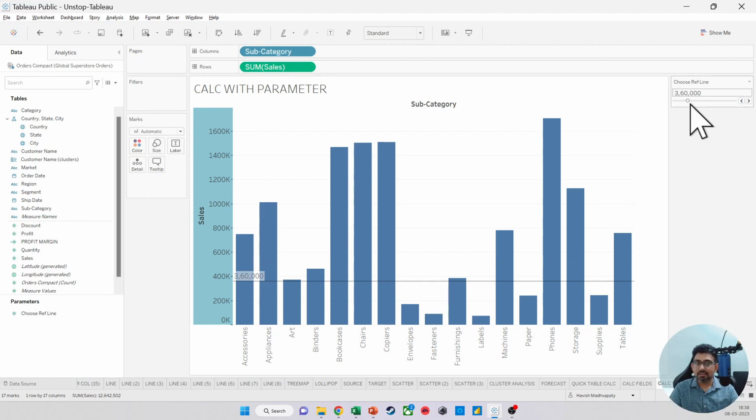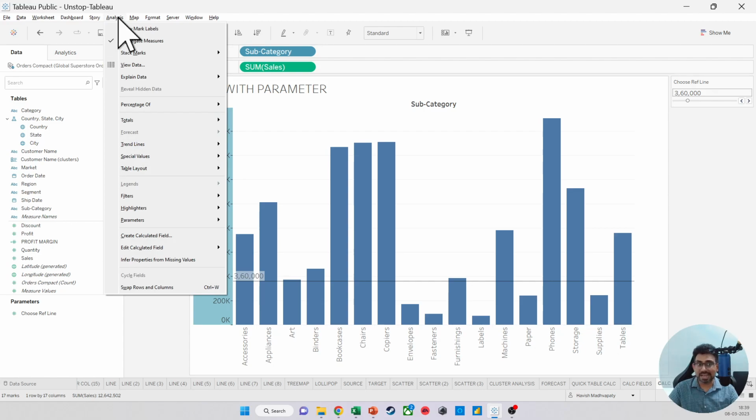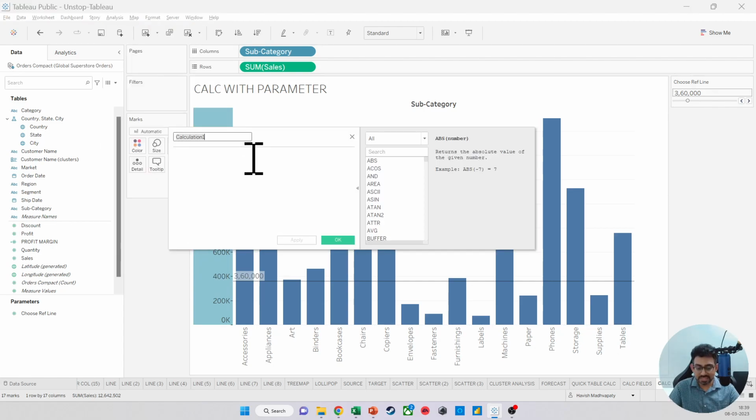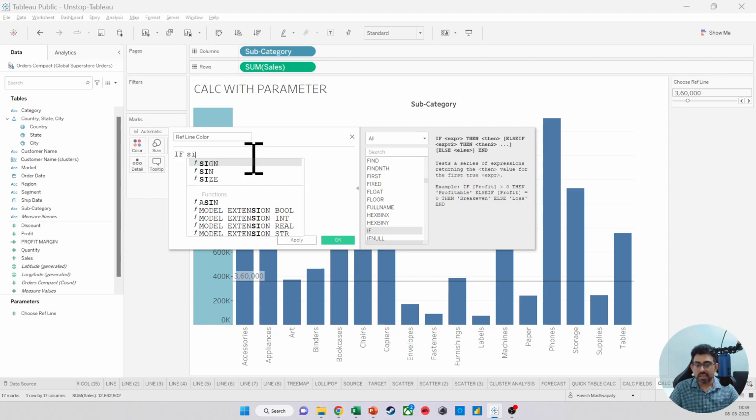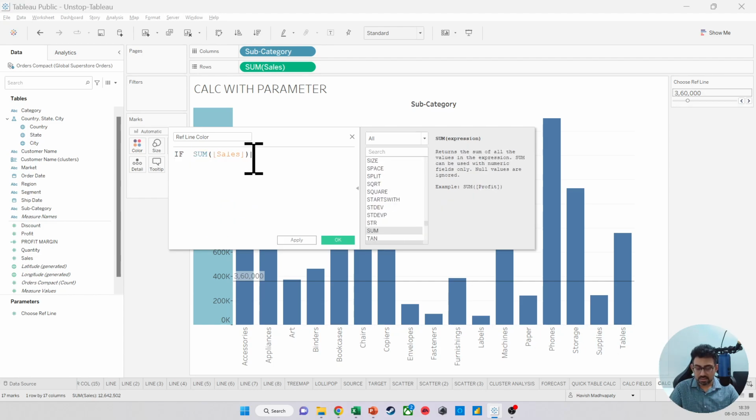So this is great. The final thing that we want to do is to have a condition that compares my subcategory against the reference line and assigns a color accordingly. So what we do here is I will go to analysis and create a calculated field. And we say that this is my ref line color. And we will say that if the sum of sales, if the sum of sales is less than my choose ref line value,